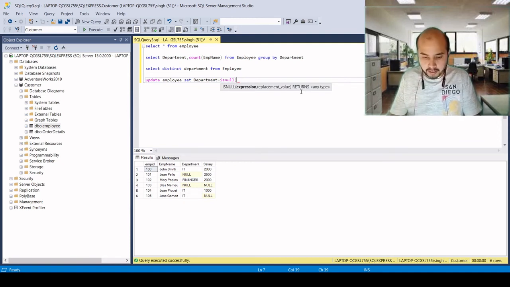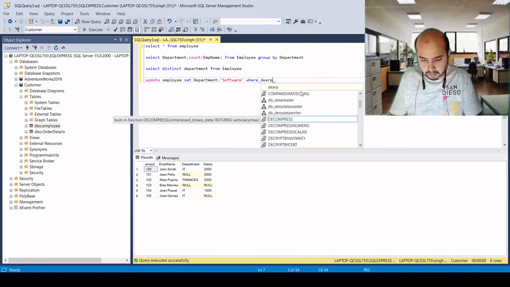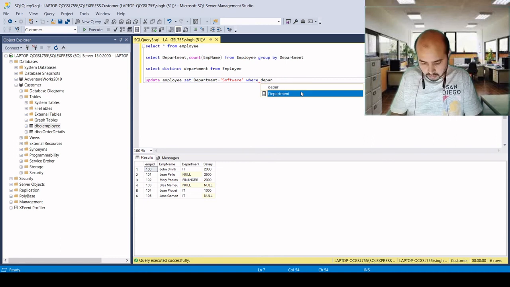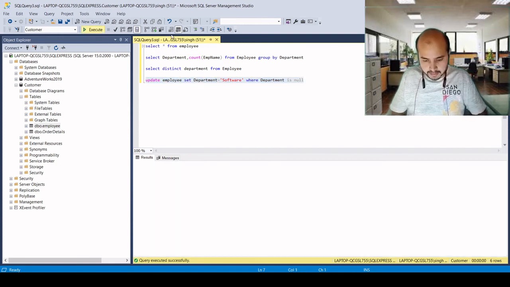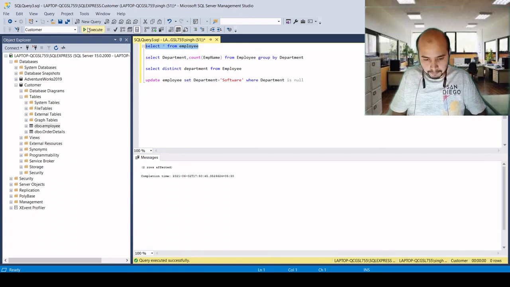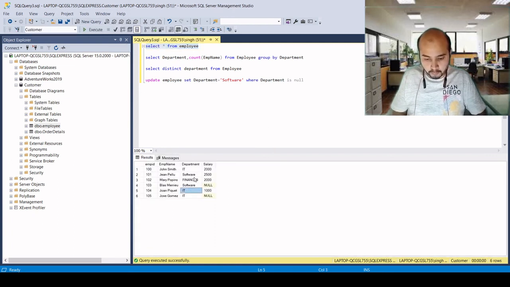Where the null is there, we want to update, let's say, software, where the department is null. So this way we can replace. Let's see what we get at the end of the query. So we have updated software where we had null earlier. So this way we can update the null value.